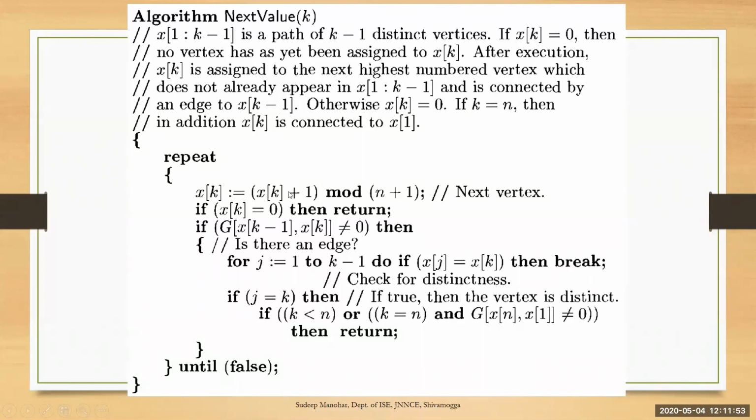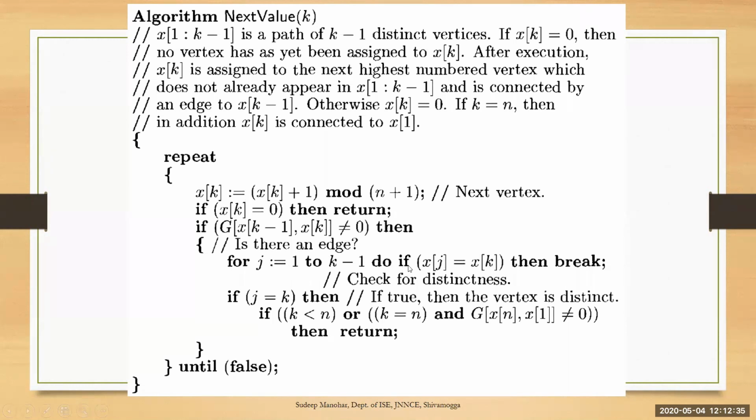Increment from 2, it increments to 3. So like that. In this example there is an edge from 1 to 2. Therefore, it comes to this for loop. What it checks is j equal to 1 to k minus 1, that means the previous subset till k minus 1. So in that, you are checking whether x of j, taking the values from 1 to k minus 1, is equal to x of k. x of k is what you are choosing now, x of 2. So whether that is a part of the previous subset, you are checking here.